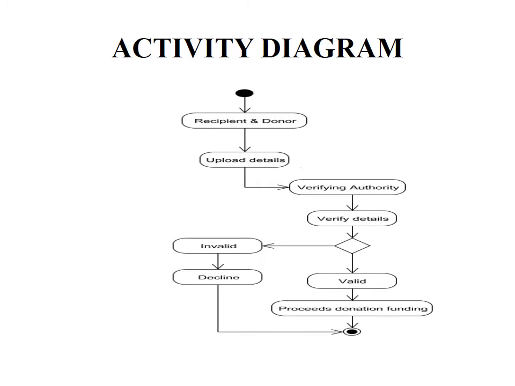Okay, this is my activity diagram for this project. First is the recipient donor, who uploads the details: first name, last name, email and password. On the next page, the uploaded details include your profile photos, documentation verification and any other authorities. A verification authority means all your documents are verified. Once verified, all the data is valid for the donor funding. See the next page. If the documentation is invalid, it is declined and the page is left. If the page is a success, the next page proceeds with the process.